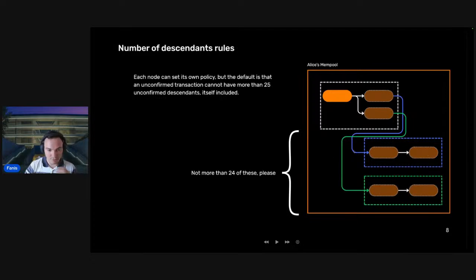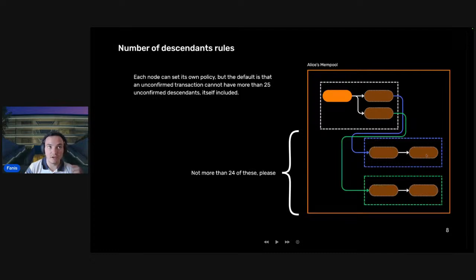And so in order to put a cap, a limit on how much work is required from Bitcoin nodes when this happens, there is a Bitcoin Core default policy which states that an unconfirmed transaction cannot have more than 25 unconfirmed descendants, itself included. So it means 24 children. You can have one parent transaction and at most 24 children. And here we have two